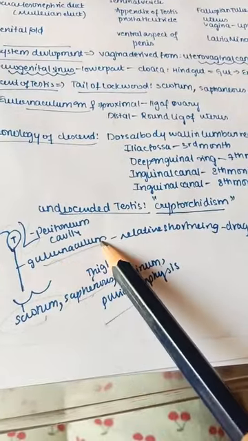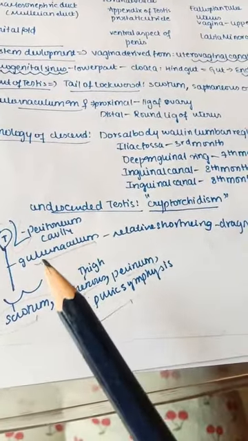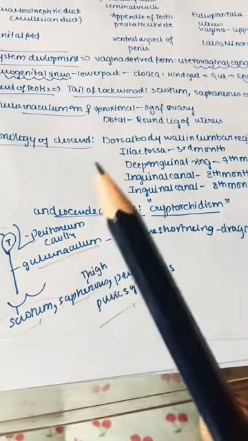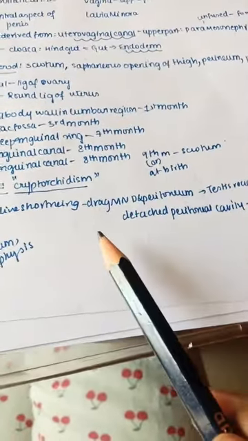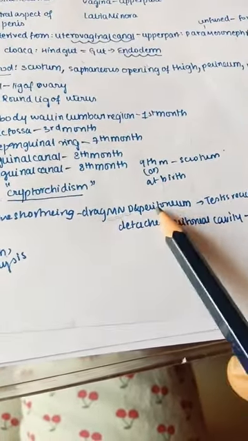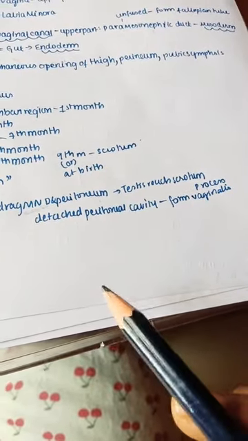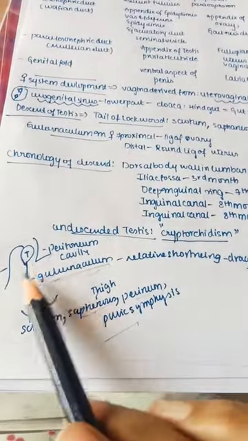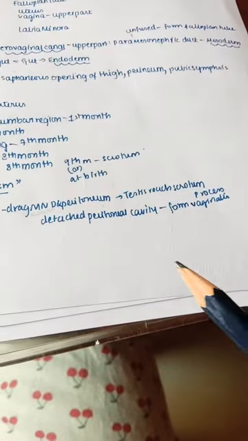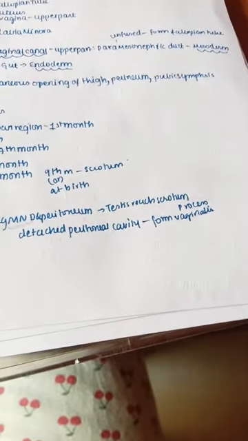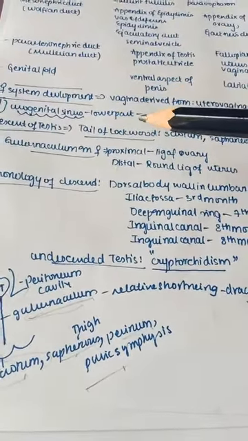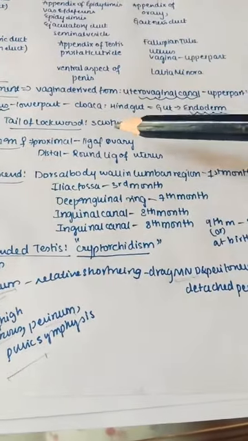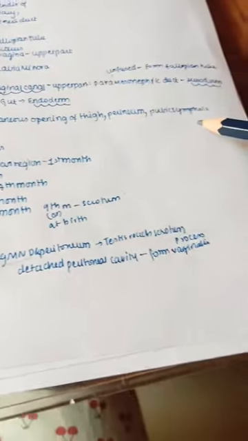Actually the gubernaculum is not contractile, it doesn't contain any muscle tissue, and it is also not moving anything, it just has relative shortening. As these organs increase in size, it appears to be shortened, and they mainly drag the mesonephric duct and the peritoneum, so that the testis can reach the scrotum. And the peritoneal cavity, as this is moving and shortening, later gets detached, and it mainly leads to formation of the processus vaginalis. So here, in the descent of testis, that is the tail of Lockwood, the gubernaculum may attach to either the scrotum, saphenous opening of the thigh, perineum, and also pubic symphysis.